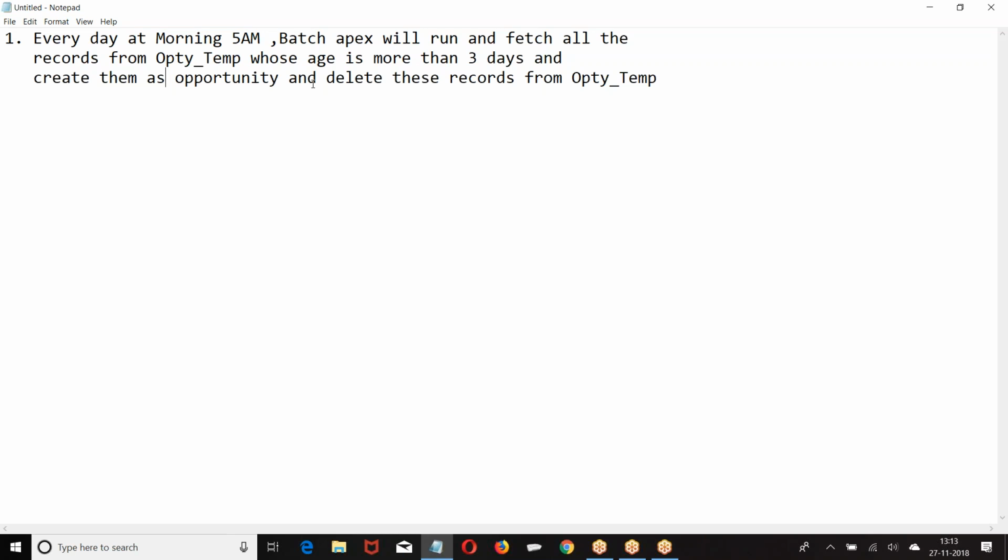So how did you implement this? BatchX with ScheduleX. Conversion of temporary records into opportunities. Now you have a time to take a call to convert the temporary records into opportunities. Within 3 days, if you don't take a call, system will automatically create them as opportunities and delete them from opti-temp. I hope you are good with this. Clear? Okay. Next,